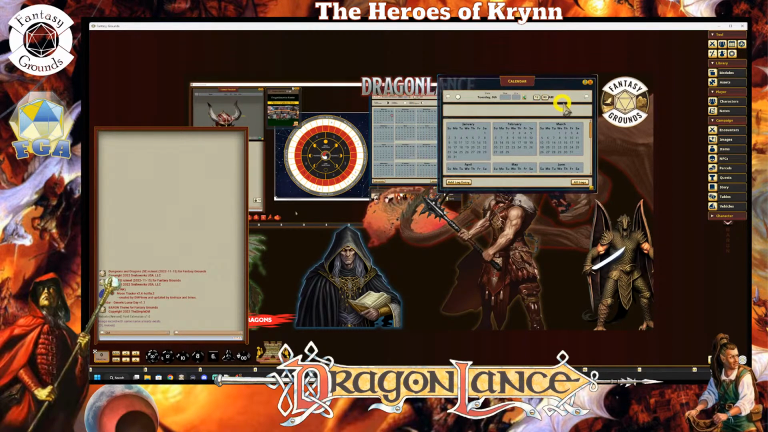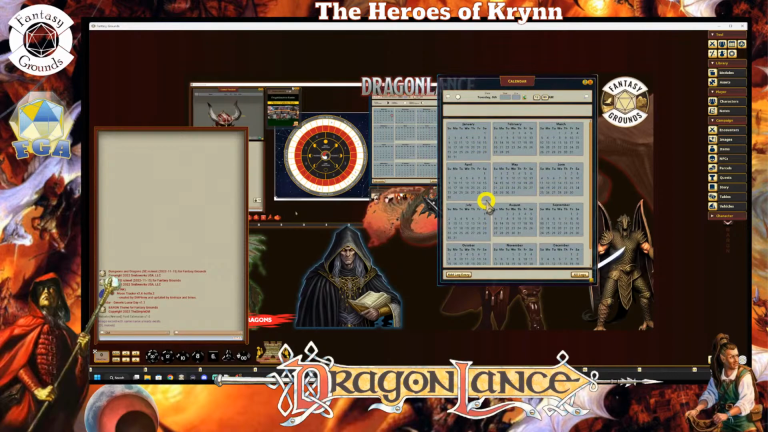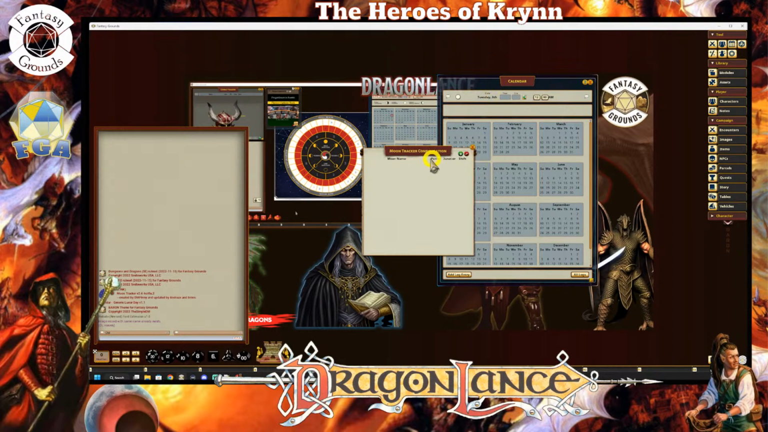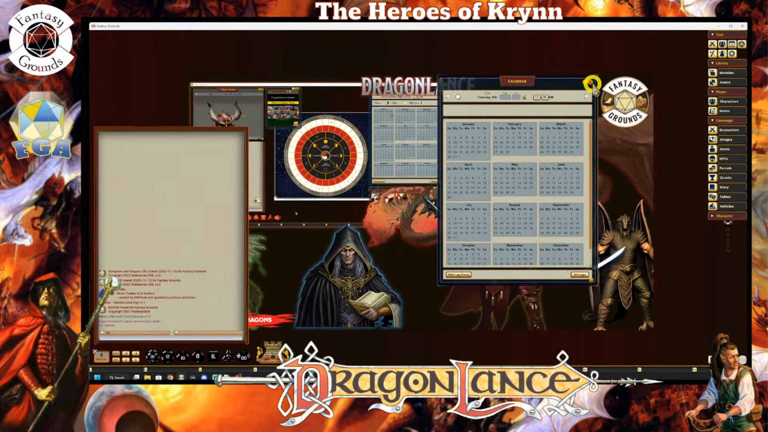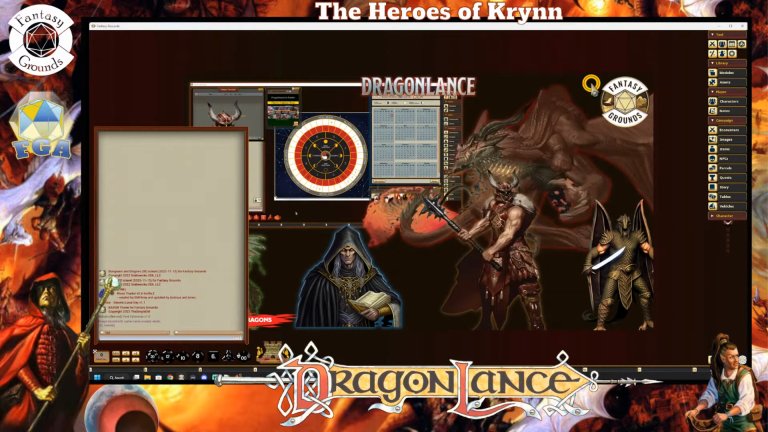calendar. Yeah, so I didn't add the calendar in properly. This should have had the Dragonlance stuff in. It didn't because I had the wrong calendar. But you can set up the moons and stuff. I'll have to fix that later. But essentially, I need to unload the module and reload something like that. All right, so